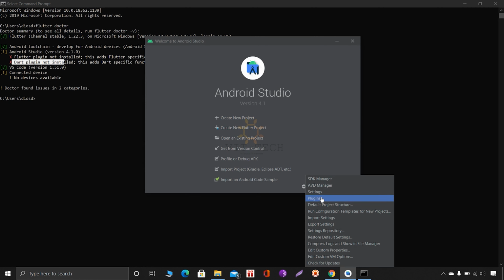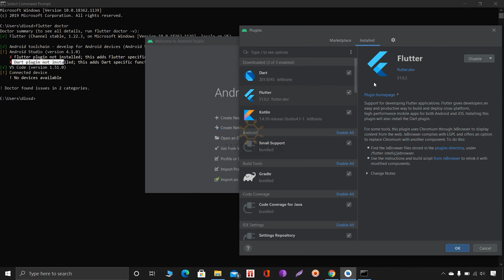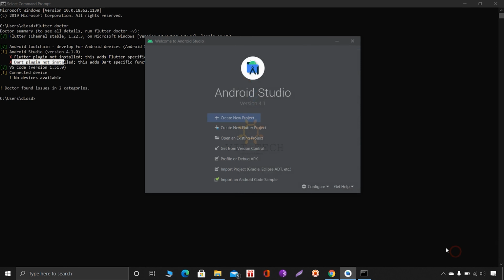You can go here to configure plugins, and you can see Flutter and Dart both are installed. So you can ignore that error because of the compatibility issue. They may update Android Studio or Flutter later.